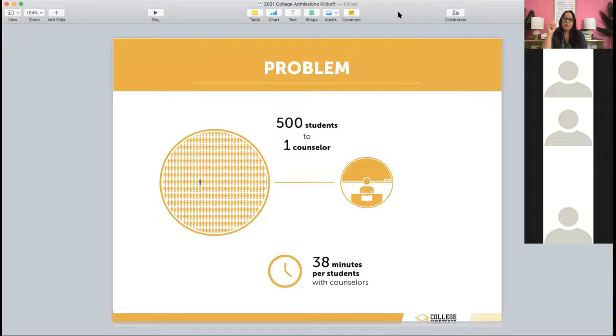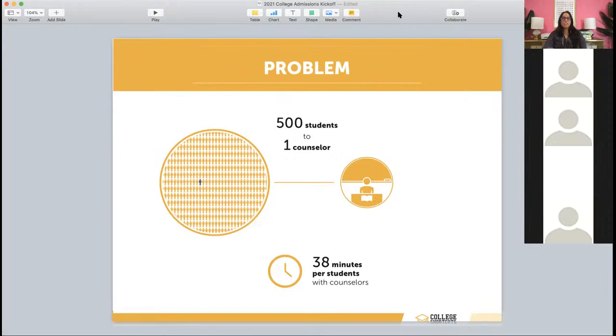Now, if you do that math out, last year we saw that on average, students were applying to 15 universities. That's up; the year prior, students were applying to 8 to 10, okay? So we saw a 50% increase in applications going out to colleges. If you think about that math, I'm just gonna type that in my little handy dandy calculator. I'm sure I've got some good data dads on here that could do that math faster. But if you have 500 students times 15 applications, that's 7,500 applications being reviewed.